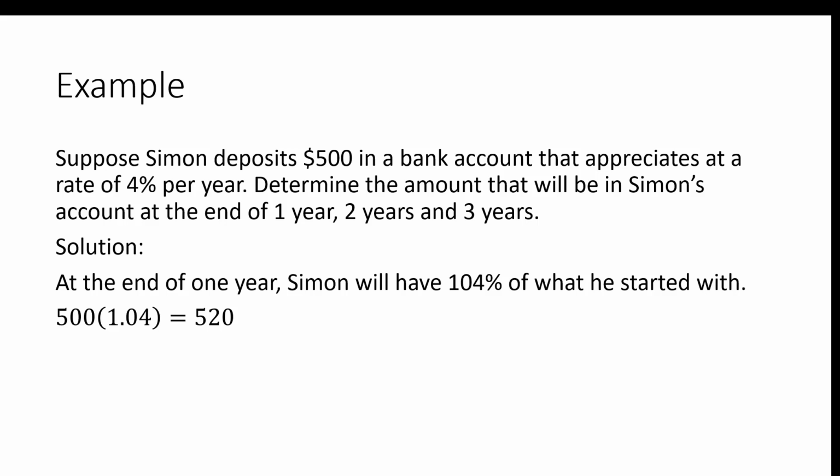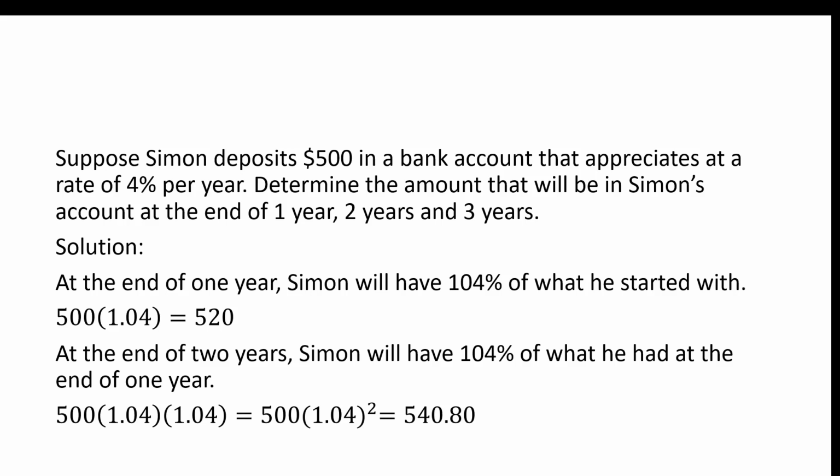At the end of 1 year, Simon will have 104% of what he started with because he's gaining 4% per year. So 500 times 104%, in other words, 500 times 1.04, is 520. At the end of 2 years, Simon will have 104% of what he had at the end of 1 year. So we'll take this 500 times 1.04 and multiply it by 1.04. In other words, 500 times 1.04 squared, and that'll equal